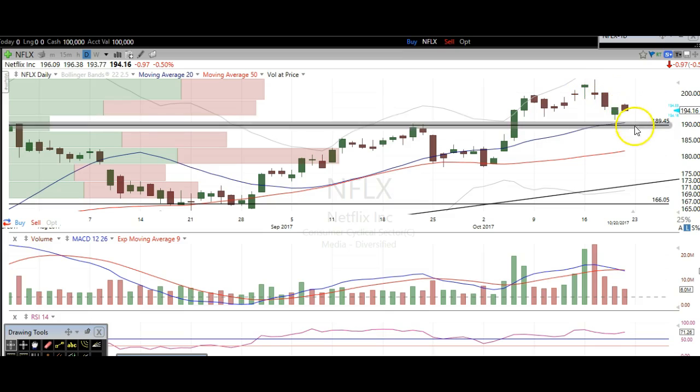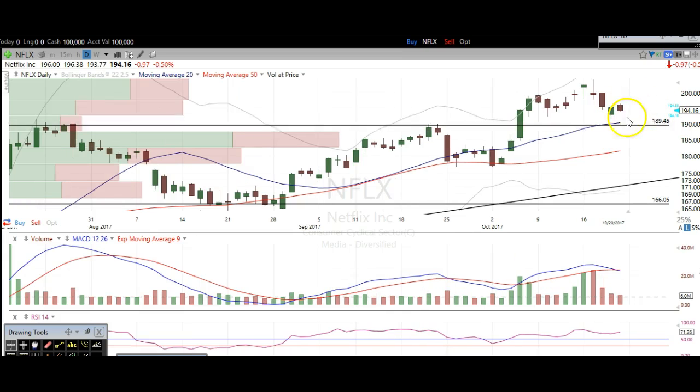I still think we have to tag 190 to 189 before potentially bouncing. I think it hasn't yet seen the downside that it's going to see just yet. So still targeting down there. Again, trim and trail your stops on those shorts, and then we'll see how it reacts to this level about